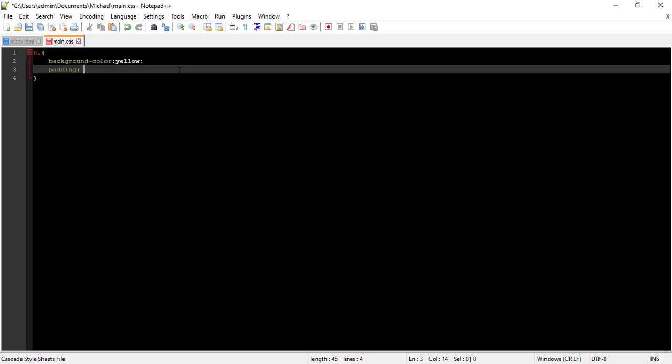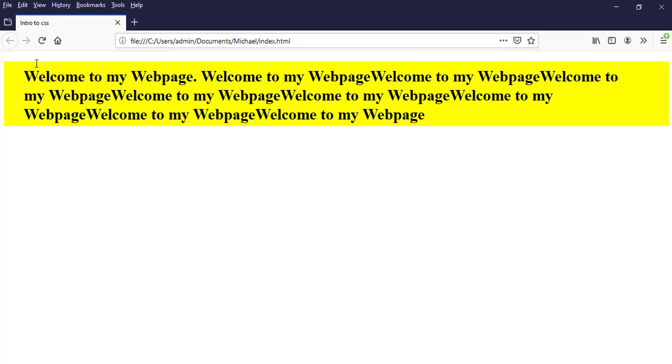So top and right is going to be 30px, and bottom and left is going to be 40px. If we save this now and refresh this,